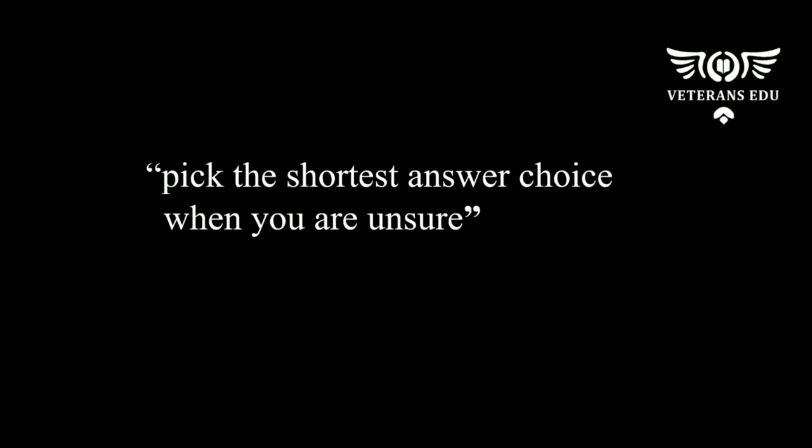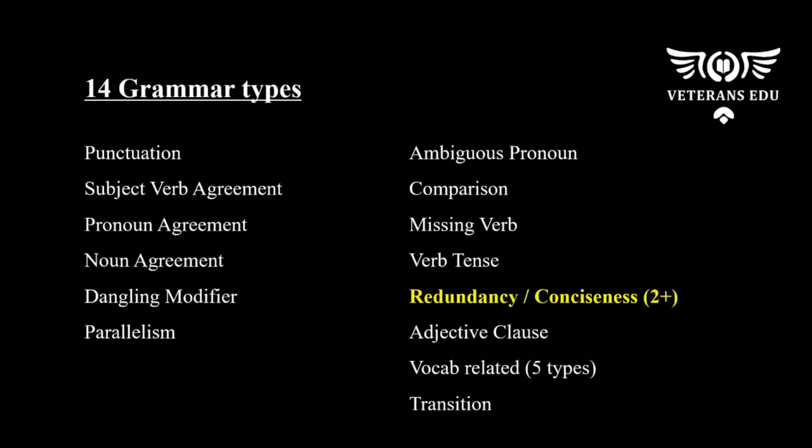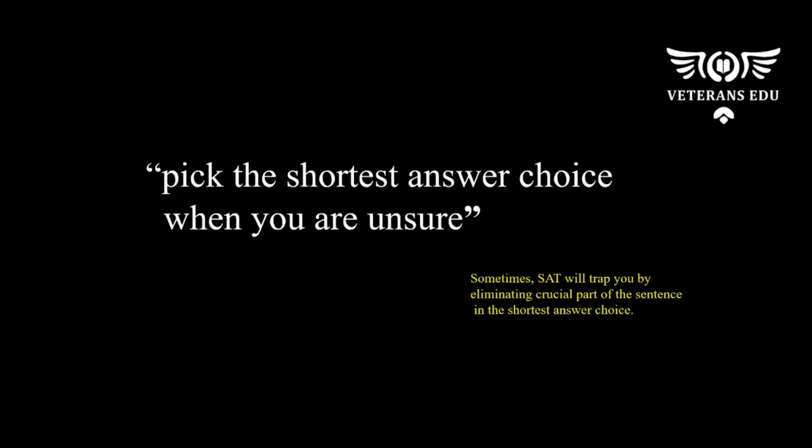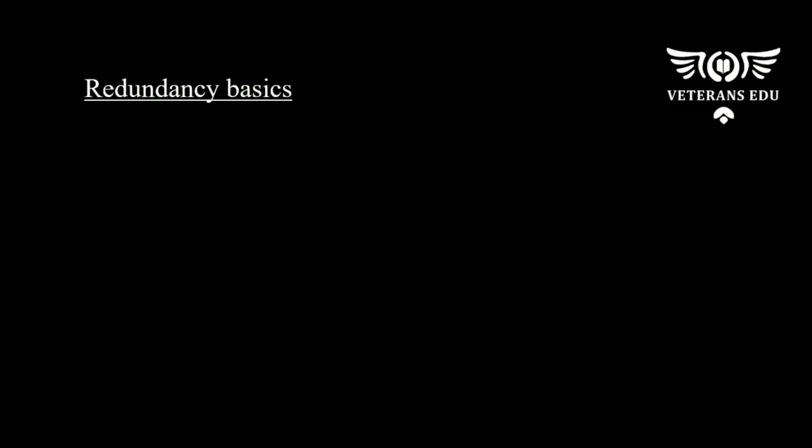This is because among the 14 grammar types tested in the writing section, SAT will always test you at least 2 questions on redundancy and conciseness. And the problem is, SAT also knows about this tip, and they're actually using this tip to trap students. Therefore, instead of just randomly picking the shortest answer choice, there are 3 concepts that you have to understand regarding